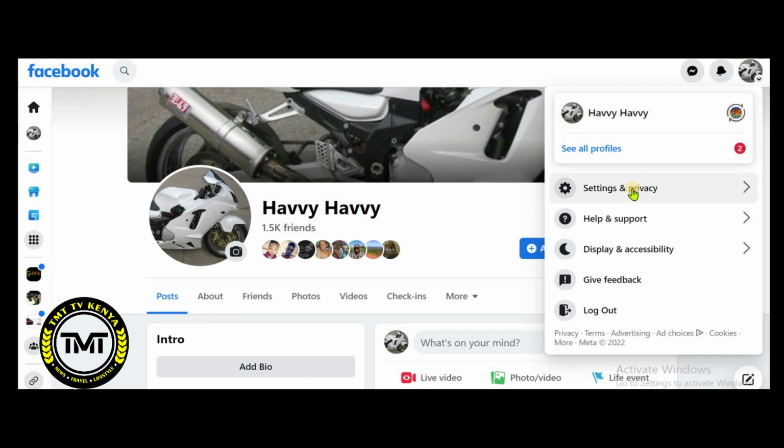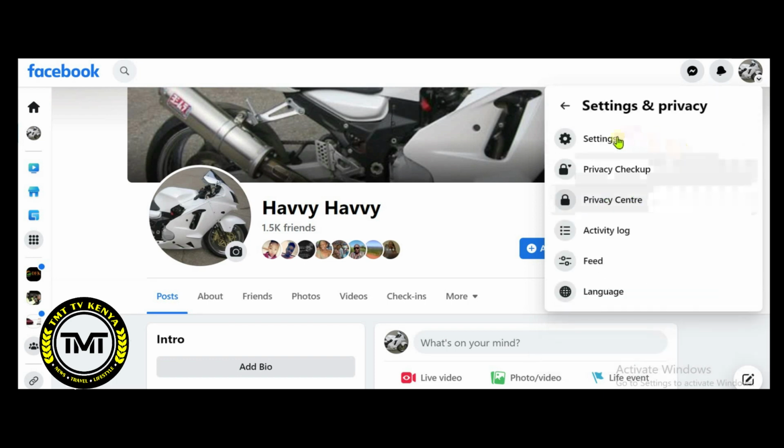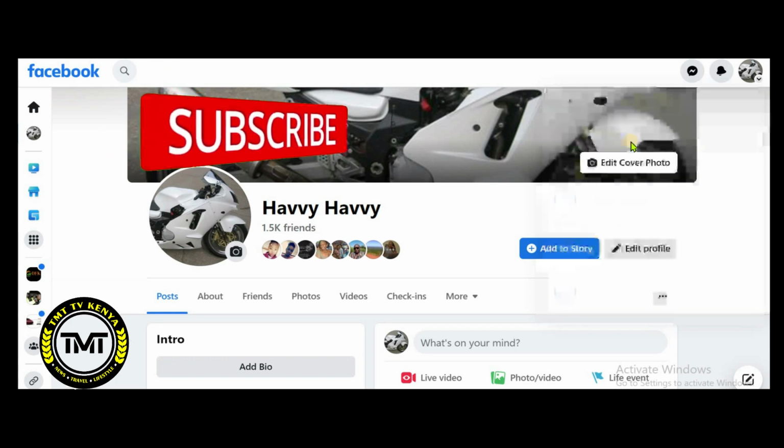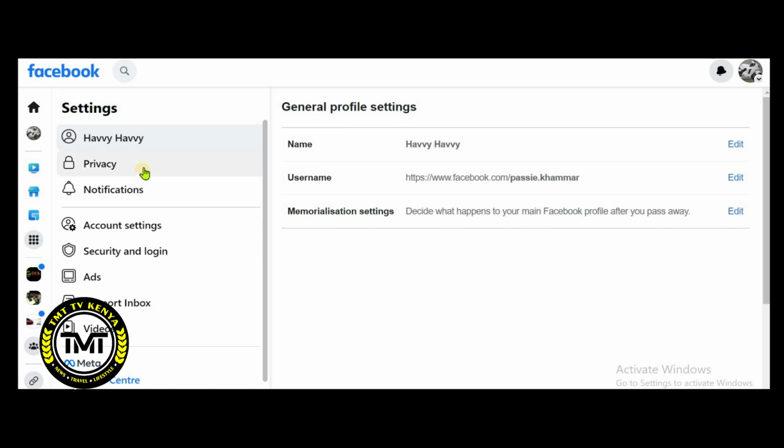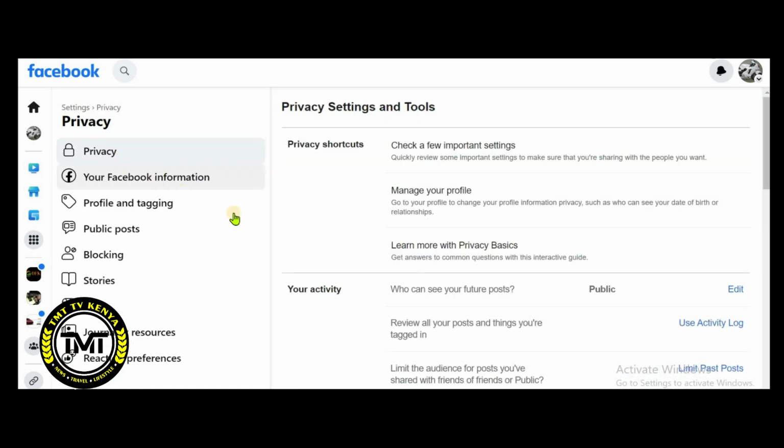Just click on settings and privacy. Now under settings and privacy, click on settings. Once you click on settings, come here and click on privacy. When you click on privacy, you're going to see this section here. We have all these links, but let's concentrate on privacy. So under privacy, you're going to see that we have all these options: privacy shortcuts, check a few things, manage your profile, learn more,